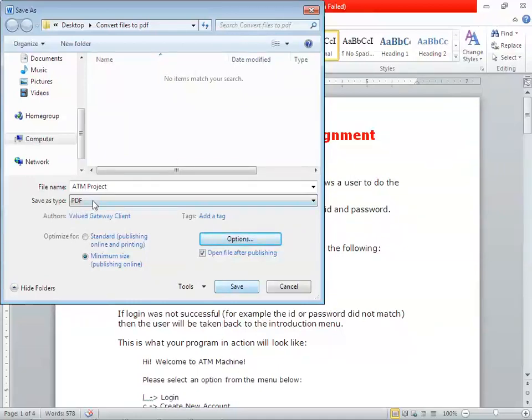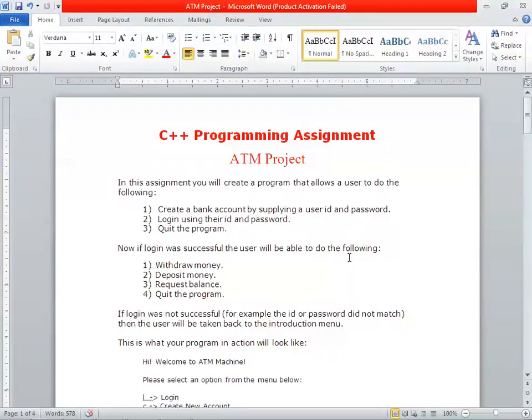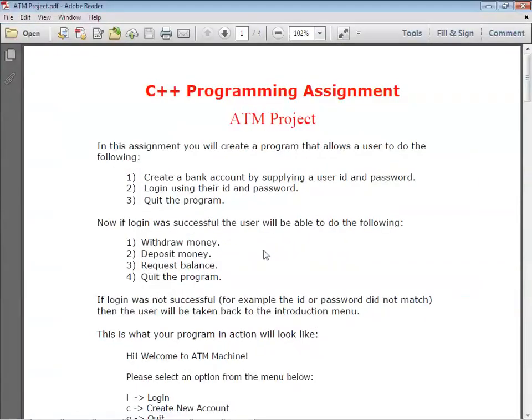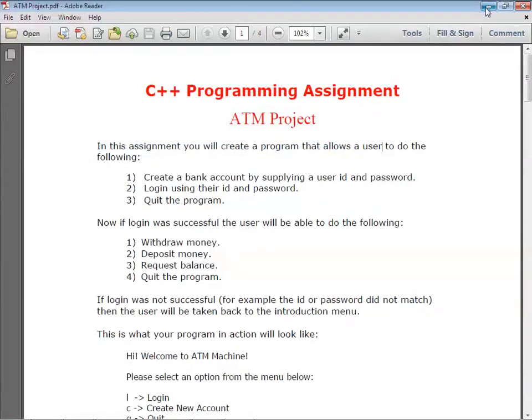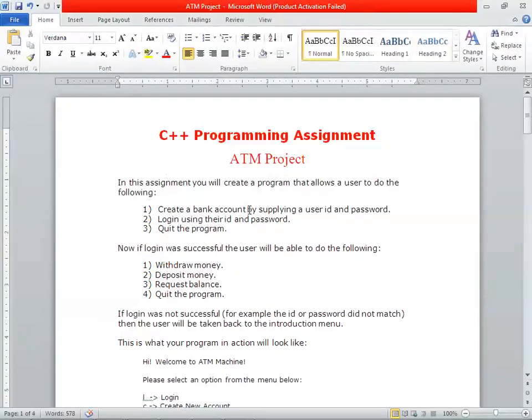This will create a PDF file with the name of this Word file. This PDF file that we are creating will be a static page, or constant; it is not going to change. Now this file we can share with the user. So this is the way we can create the PDF of the Word file.